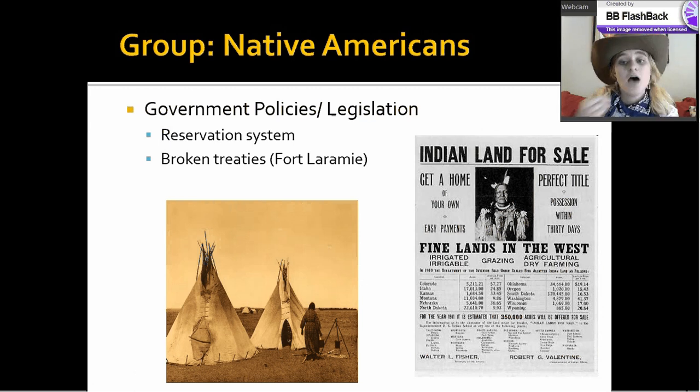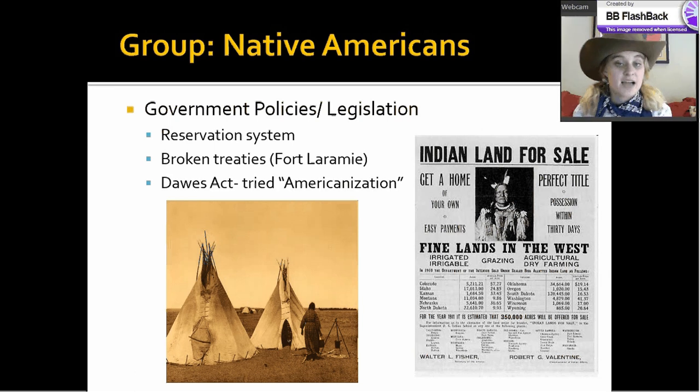And it becomes a major issue, and it really impacts the way of life. But probably the thing that impacted their way of life the most is the Dawes Act. So remember this one. The Dawes Act attempts to make the Native Americans more like the rest of America, or what we call Americanization. So what they would do is they would take the reservations, divide them up, make them live in homes instead of in what, the log houses or the teepees that they might normally have lived in.